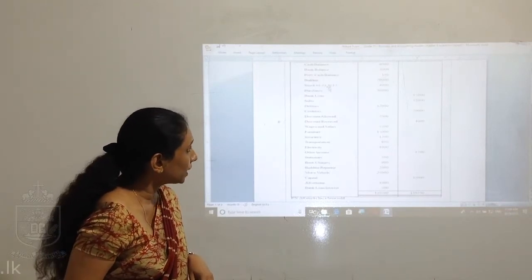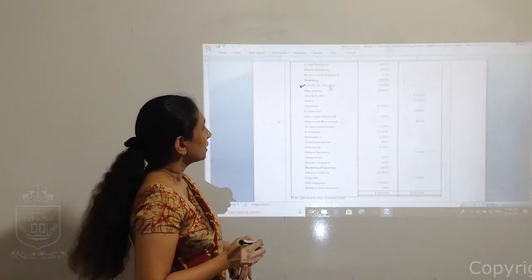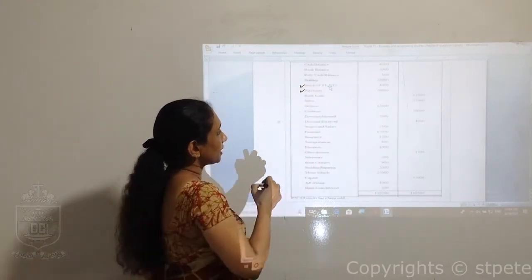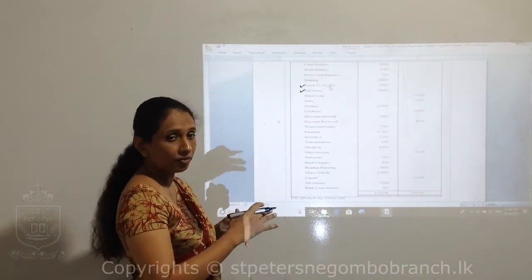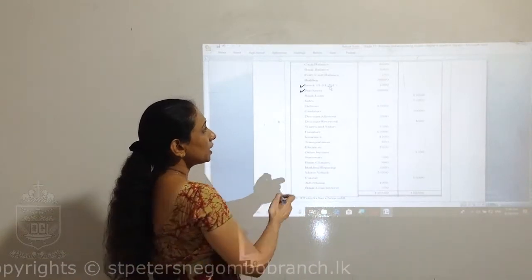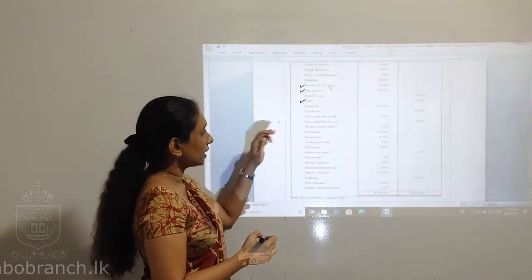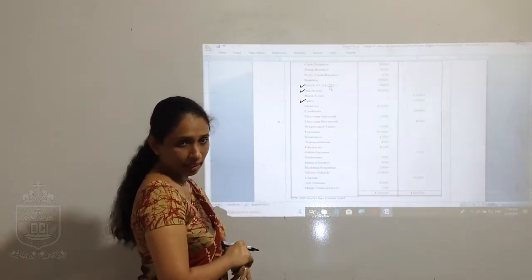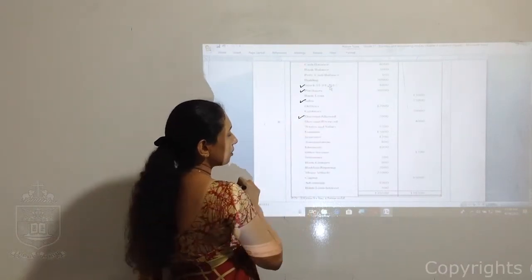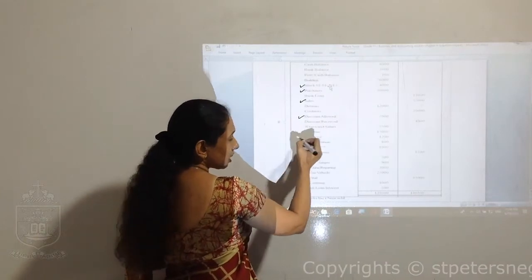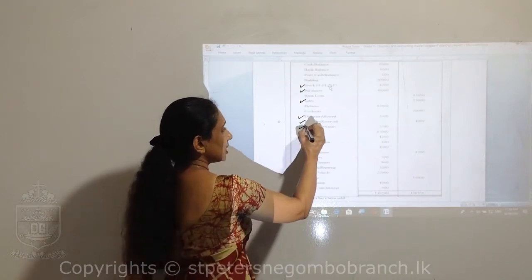Then we have the opening stock, so this line item is relevant. Then we have purchases, again it's relevant. Then again bank loan, which is a non-current liability, will go to the statement of financial position. Then we have sales, which we should consider. Debtors, creditors, no, they will go to the statement of financial position. Then we have discounts allowed, distribution expenses, discounts received, other income, wages and salary, administration expense,